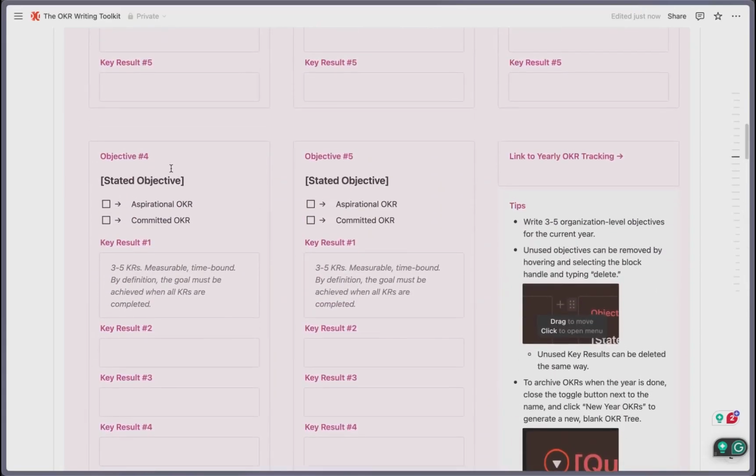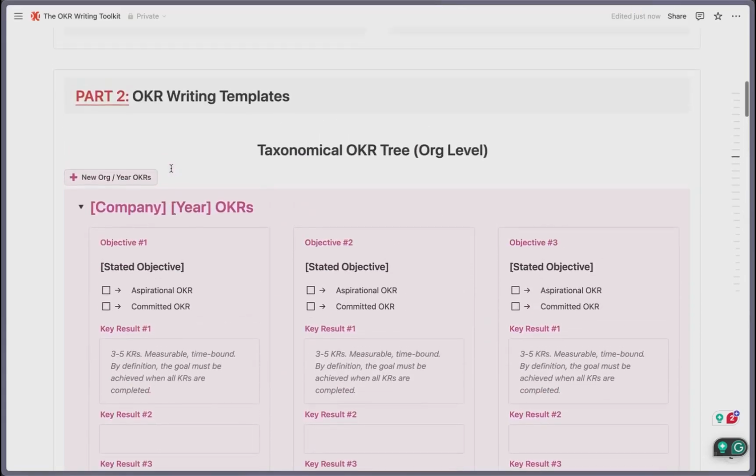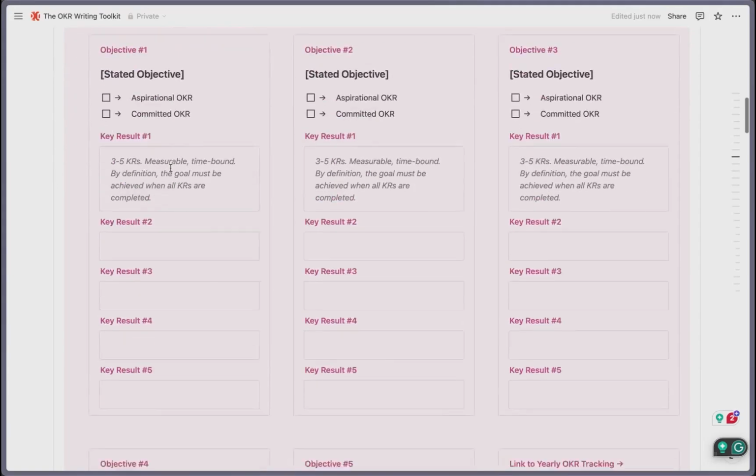One of the biggest mistakes that companies make with OKRs is they don't keep them very visible and easy to find. A lot of the templates I find on OKRs are focused mainly on tracking them and measuring the scoring. But really, OKRs are meant to be a communication tool, and it's not very effective if they're not easy to find, visible, and easy for everybody to see across the entire organization. So